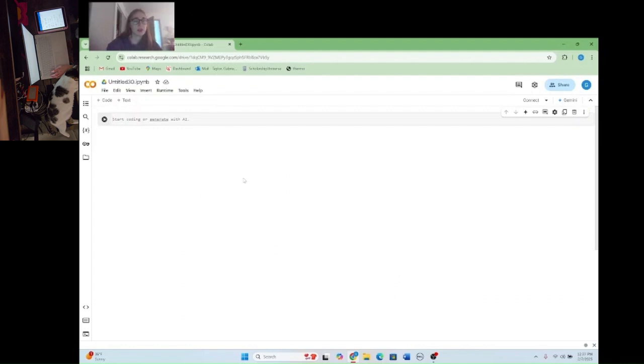Okay, so now that we have Colab, the first thing that we're going to start by doing is we're going to use our scipy.integrate. We're going to use the solve IVP because this is an initial value problem. And so let's just start importing our stuff. So we're going to import numpy as np, and then from the library of scipy.integrate, we're going to import solve_ivp,